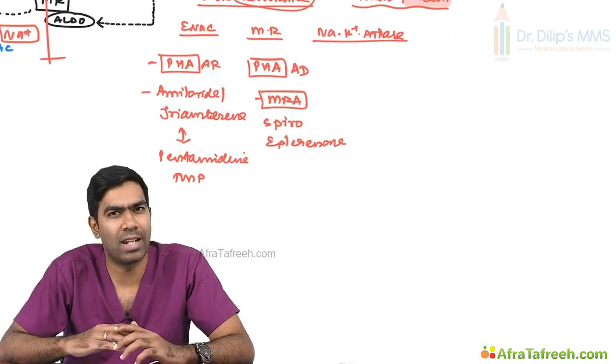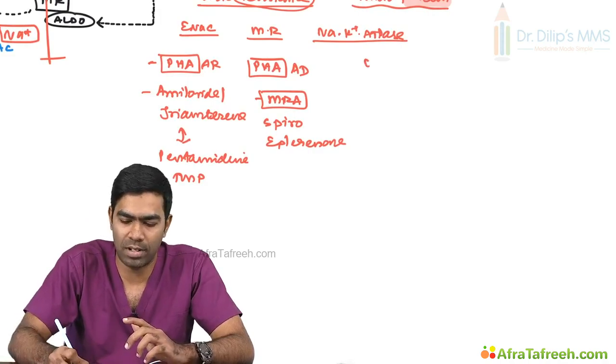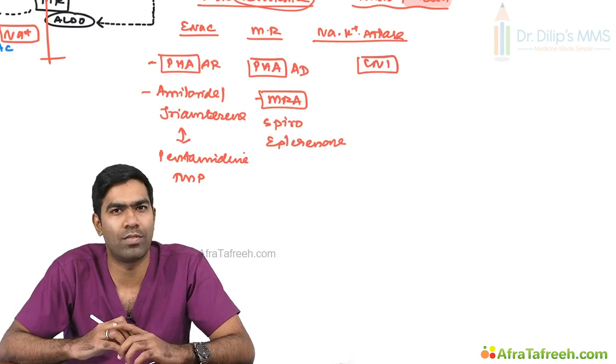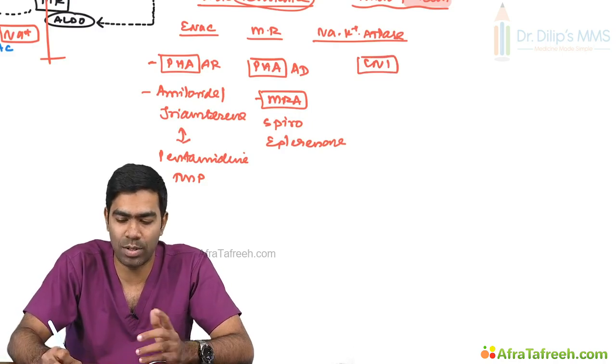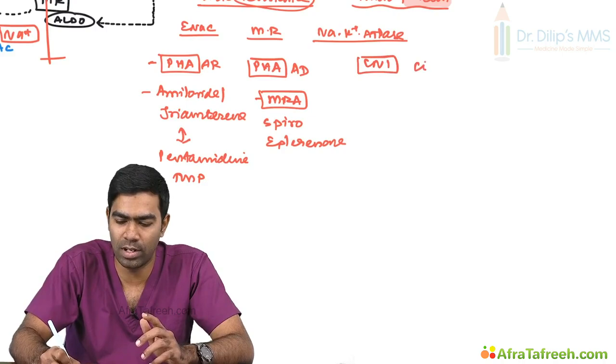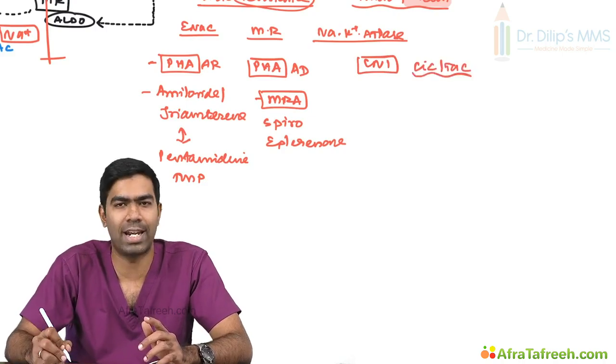Sodium potassium ATPase level defect can be due to usage of drugs like calcineurin inhibitors. Calcineurin inhibitors means I'm talking about cyclosporin and tacrolimus, and these drugs can damage the basolateral sodium potassium ATPase. Because of that, your aldosterone may not act properly and the potassium cannot be pushed into the cell. Then only your potassium can be moved out of the cell into the lumen. So because of that reason, you might result in hyperkalemia and an aldosterone resistance like picture. So these are some of the very important reasons where you can develop hyperkalemia due to aldosterone resistance